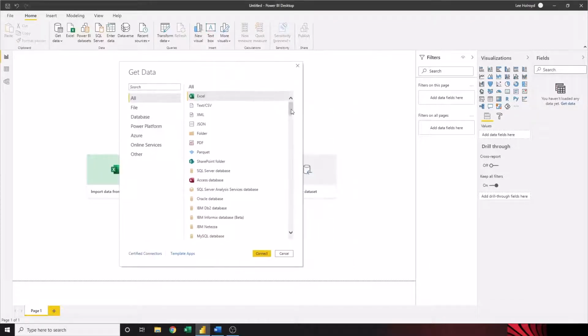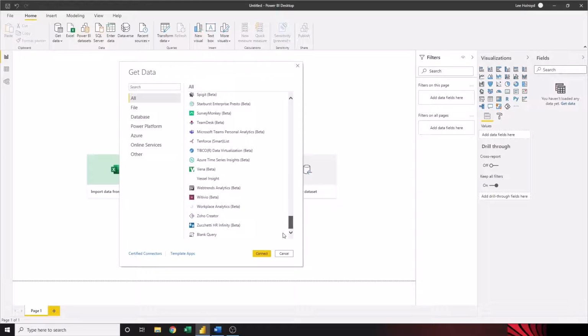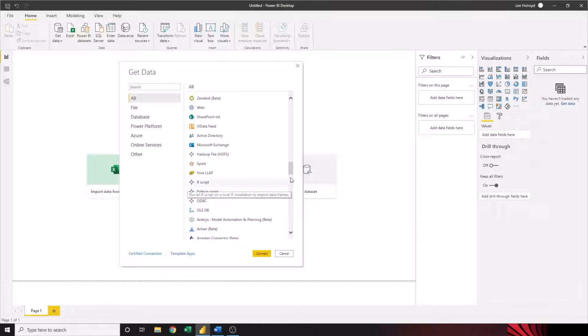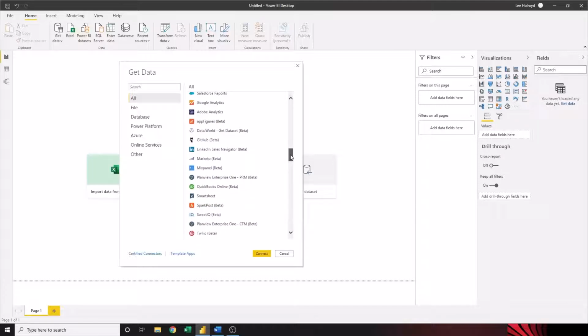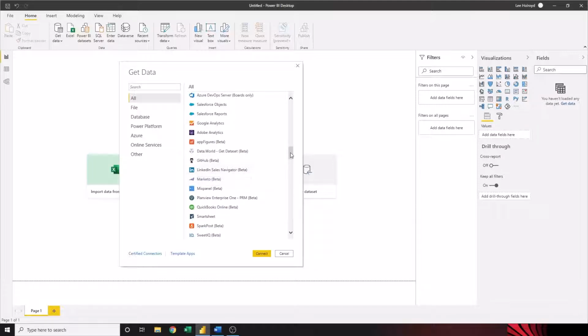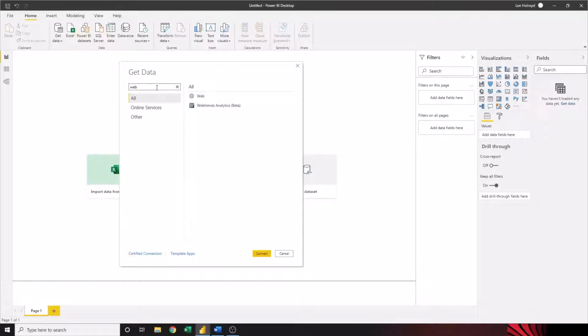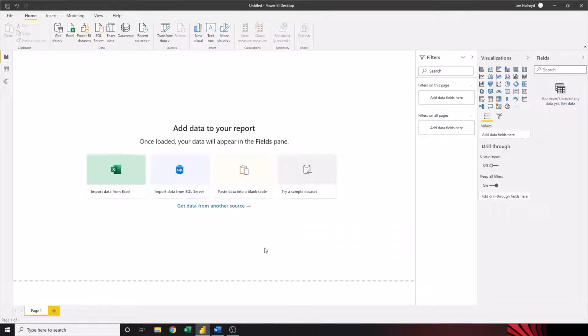And inside this, you can import data from all of these different sources. It's good to have a quick look through this and just see what sort of things you can upload, like there's Python, for instance, R scripts, everything pretty much in essence. LinkedIn Sales Navigator, there's lots of different things. We're just going to use something that's simple, which is called web, and basically it's going to go to a website, pull some data from that website, and then we're going to use it. So I'm going to click web, and then we're going to click connect,